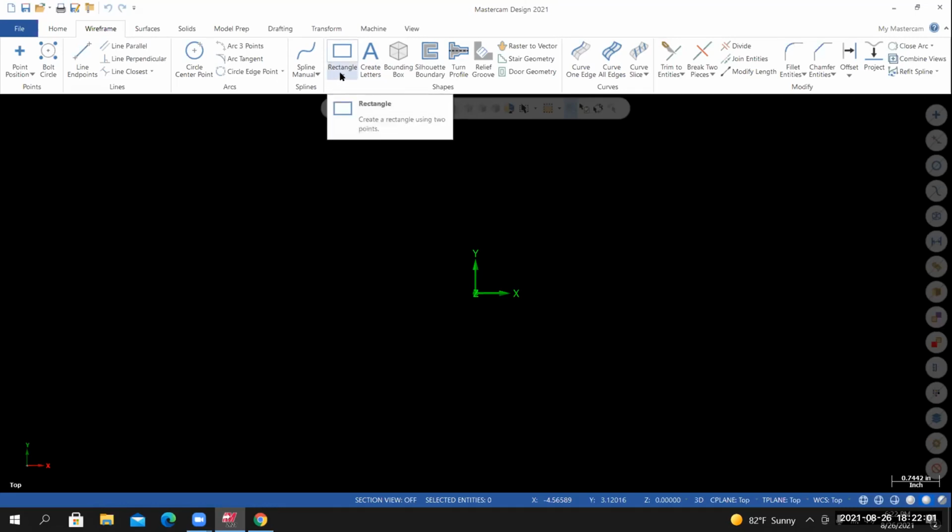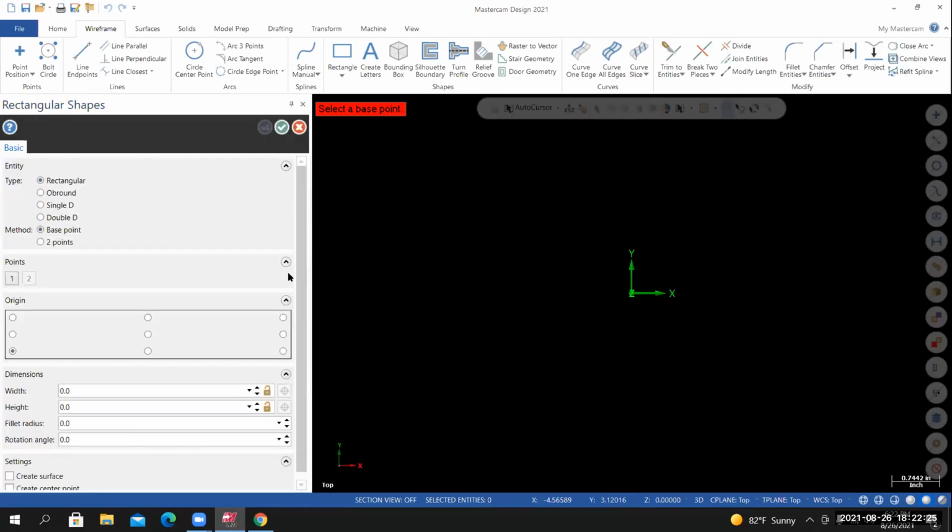There's a small arrow underneath the rectangle tool. Select it. It expands. And the tool that I want you to use is rectangular shapes. It is extremely rare that I use the rectangle tool inside of Mastercam. The majority of the time I'm using rectangular shapes. So select rectangular shapes. It takes a moment. And you'll see the parameters for the rectangular shape tool appear on the left side of your screen. And you'll also see